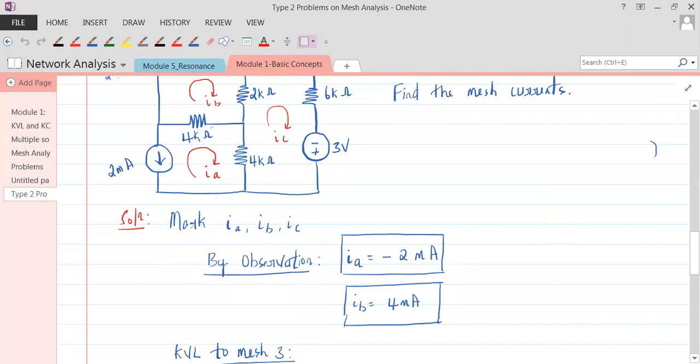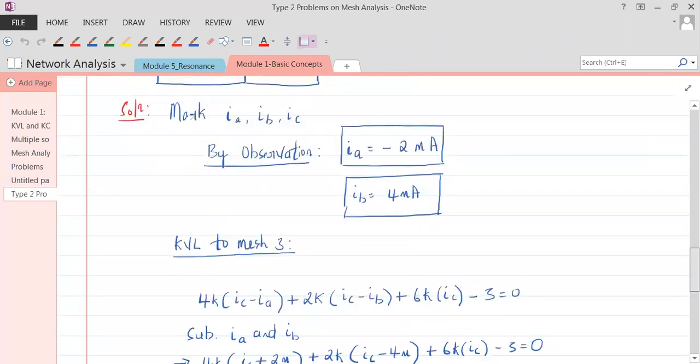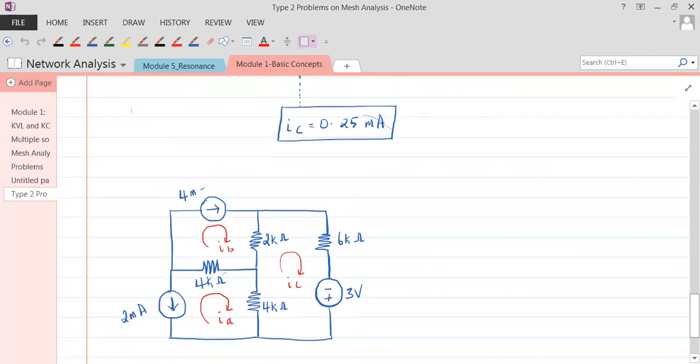Now we shall take the same problem and try to make out this voltage. It's the same problem, but what I'll ask you is this. Till now we were looking at voltages like this. If there is a voltage here, what should we write this voltage as, in terms of IB and IC? We were writing V naught as 2 into IB minus IC. So we used to write this.